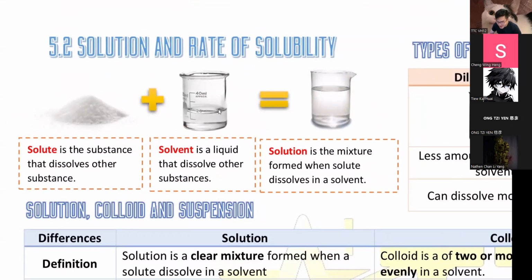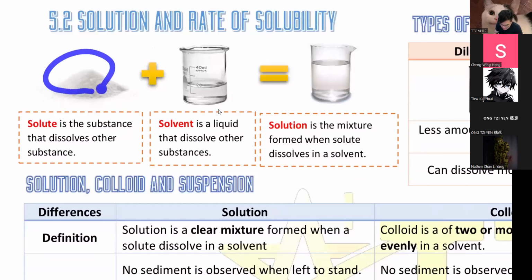Okay, good. Right, so guys, 5.2, solution and rate of solubility. We'll learn two things today. We'll learn what is a solution first, and we'll learn what is solubility. Anyway, let's talk about solution, shall we? So what is a solution? When you take salt,